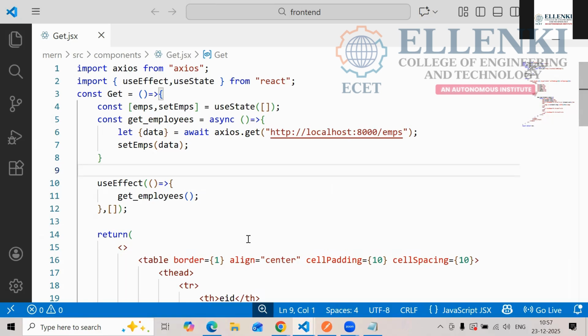Later, getEmployees as an asynchronous call. Why are we using an asynchronous call? Whatever code we took from Postman, we are giving here. Whatever link we are creating, there. So where are we giving our link here?